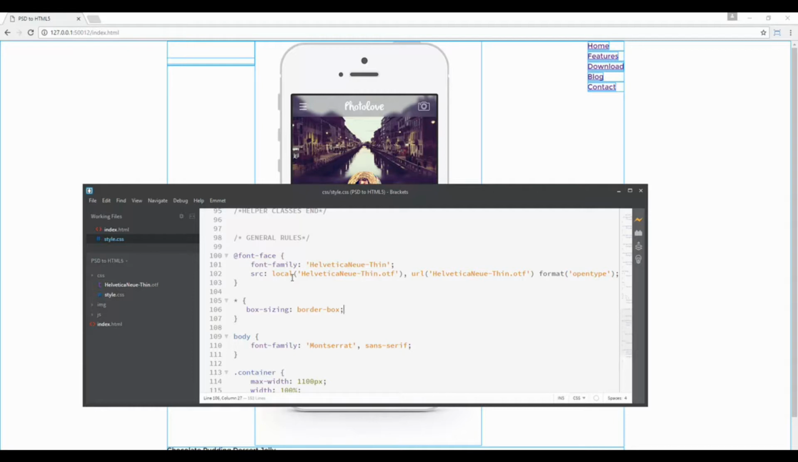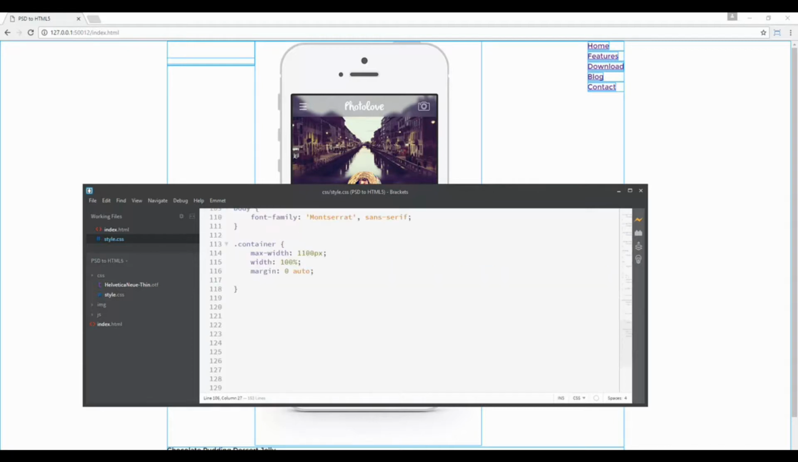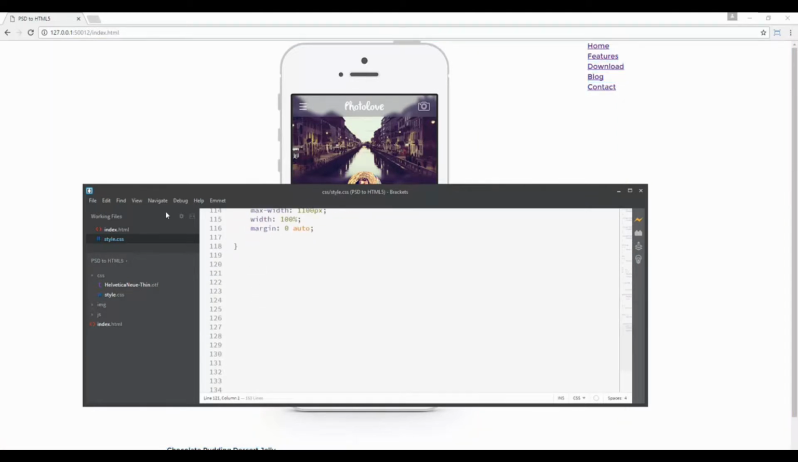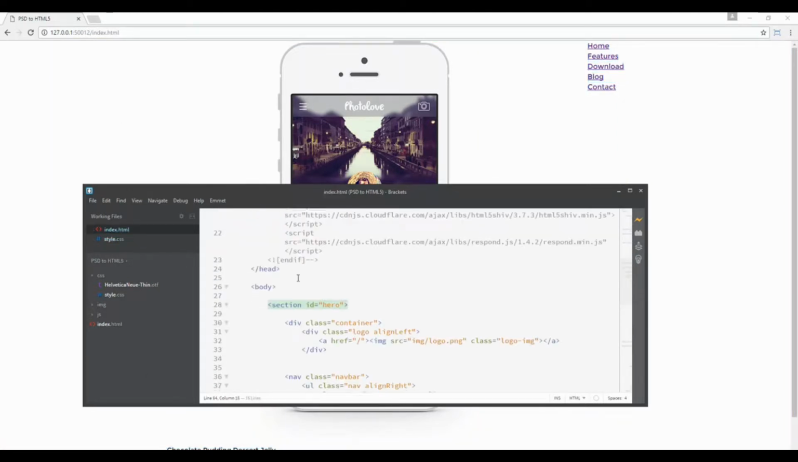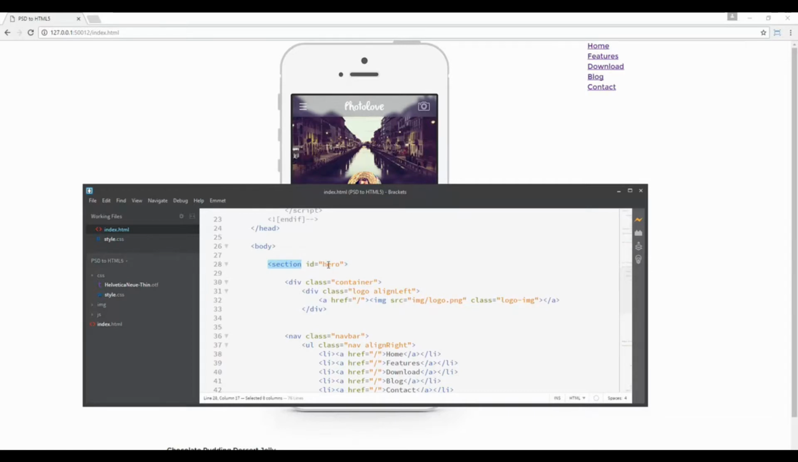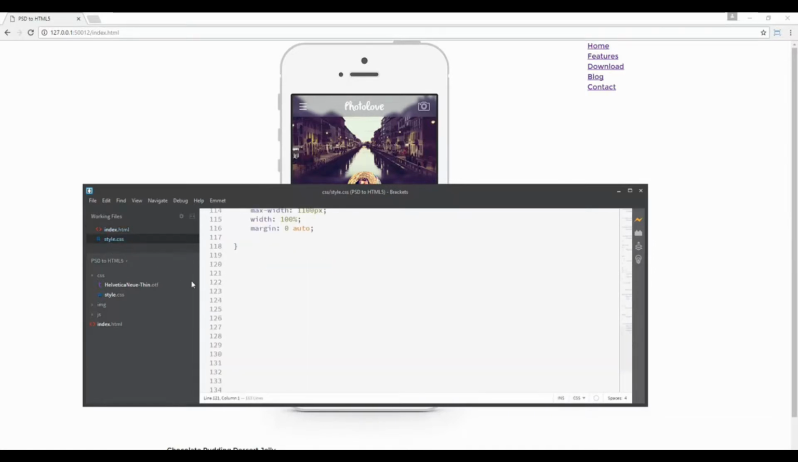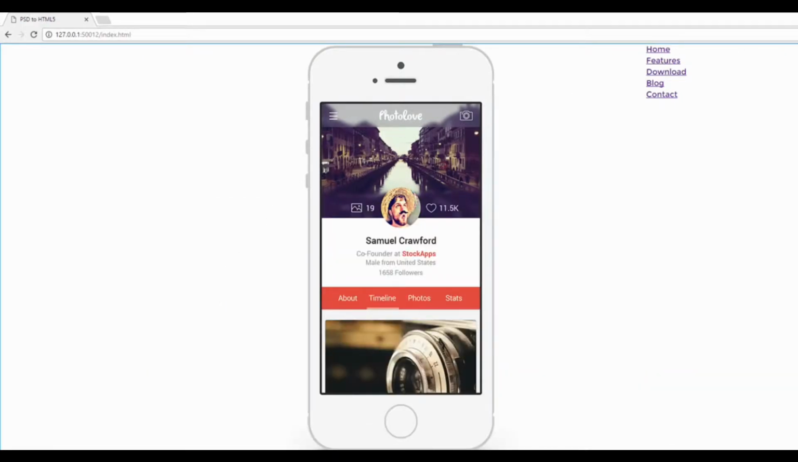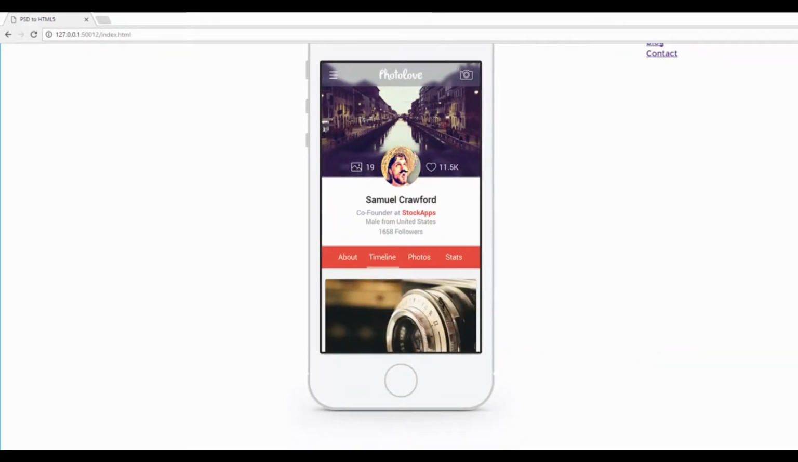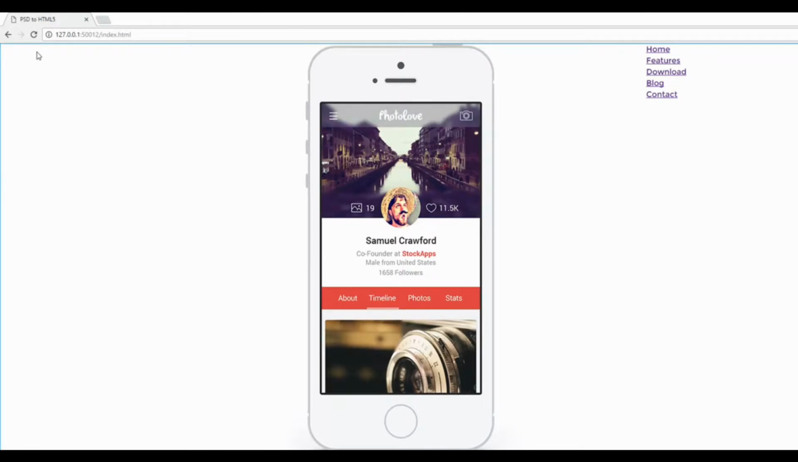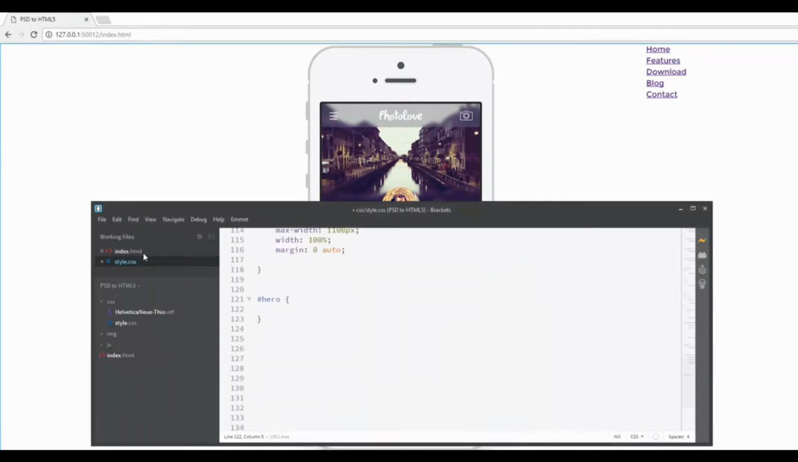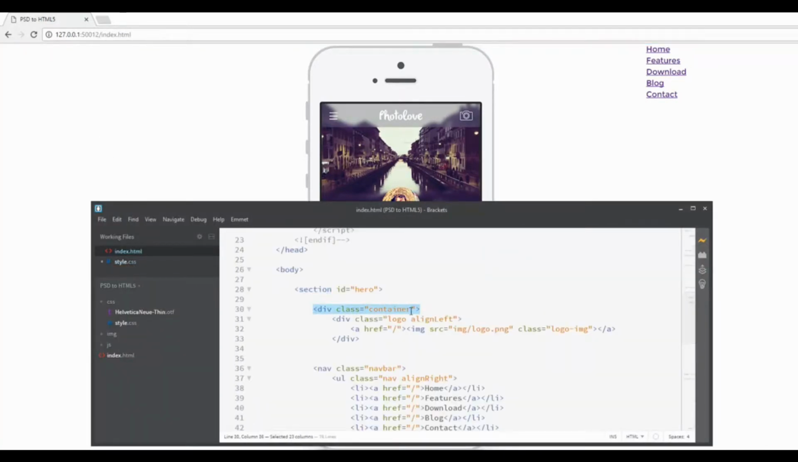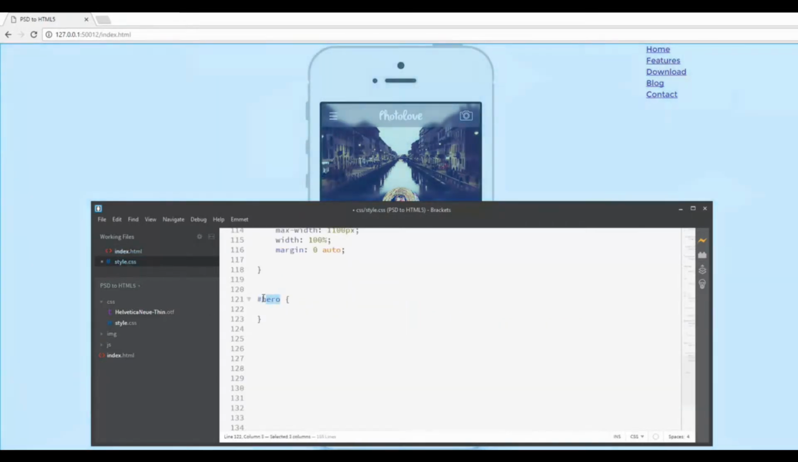It is a good starting point. Okay, now that we've got that covered, let's select the section with an ID of hero, and if we select that here, we can see that everything gets selected that is inside the section ID of hero. But as you can see, the container here, if we select the container,